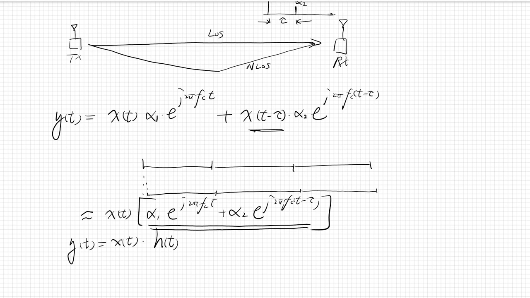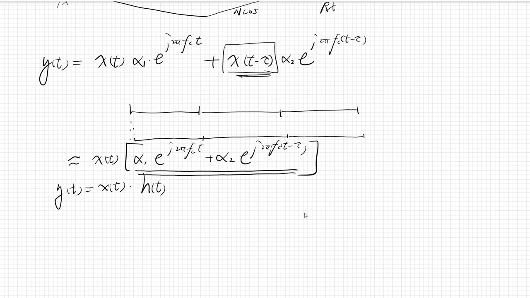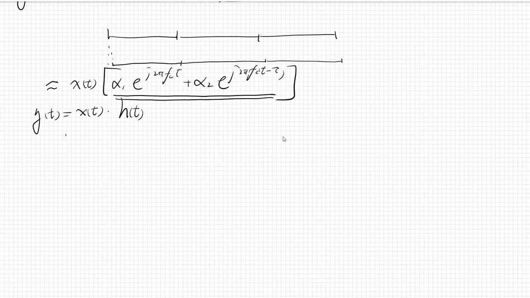Again, why can I do this multiplication? Because I assume it's a narrowband signal. If it's a wideband signal, then you have to consider this convolution, and then you need to put in this t minus tau onto the symbol and onto each different path. Okay. Now what I want to do, using MATLAB, is to see the fading effect of h(t), the channel